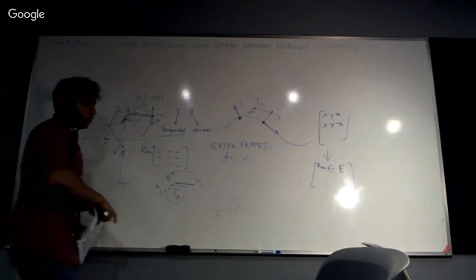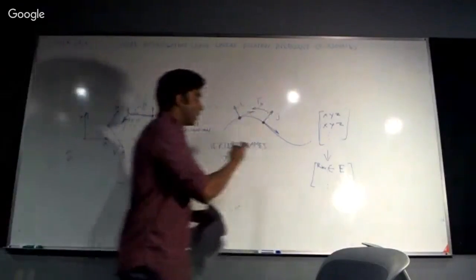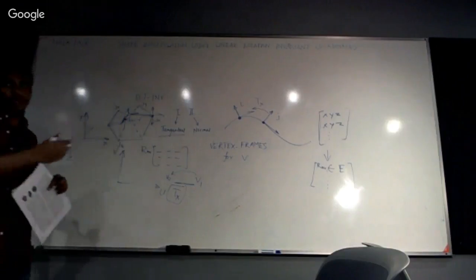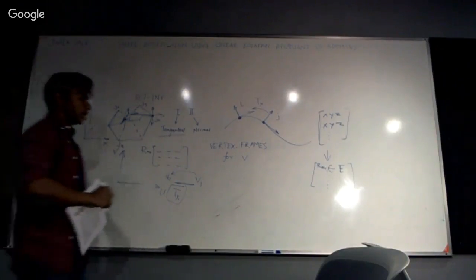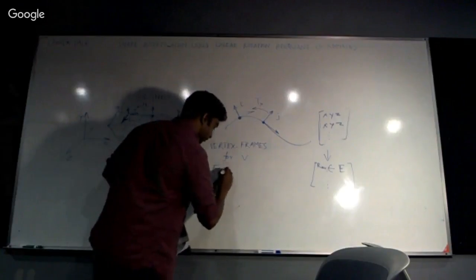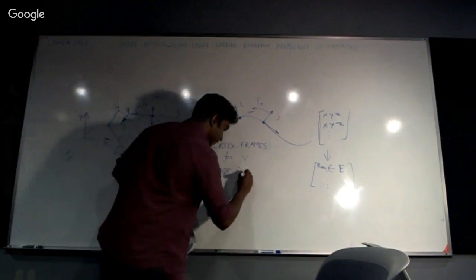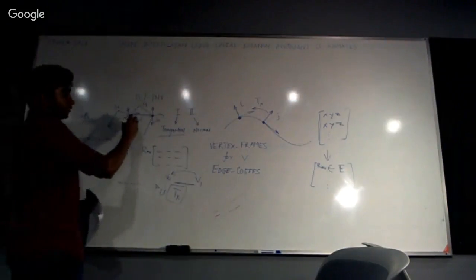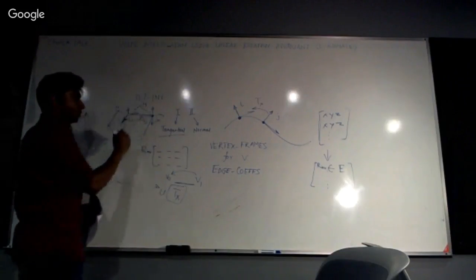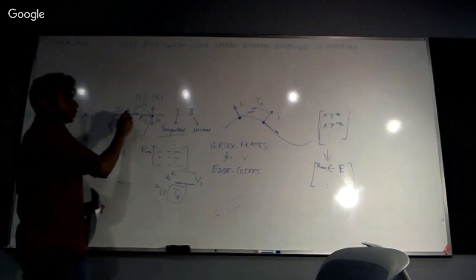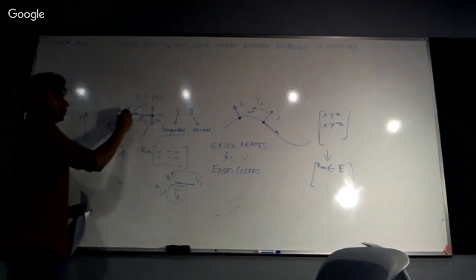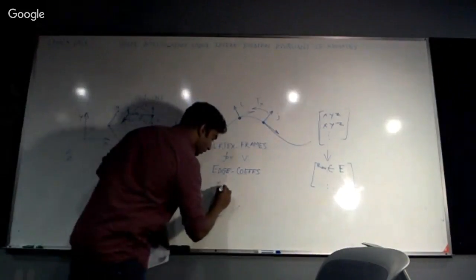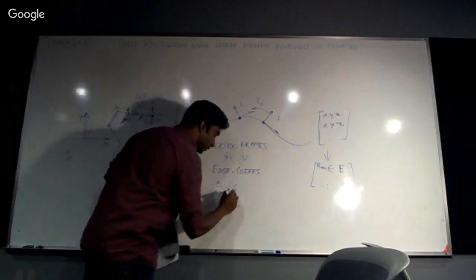So what is important is that now I encode each of the edges' length in one of the frames' coordinate space. So I'll call these edge coefficients. And all I'm doing here is, for each edge, I'm encoding that in this local vertex frame coordinate space. Every single edge becomes some